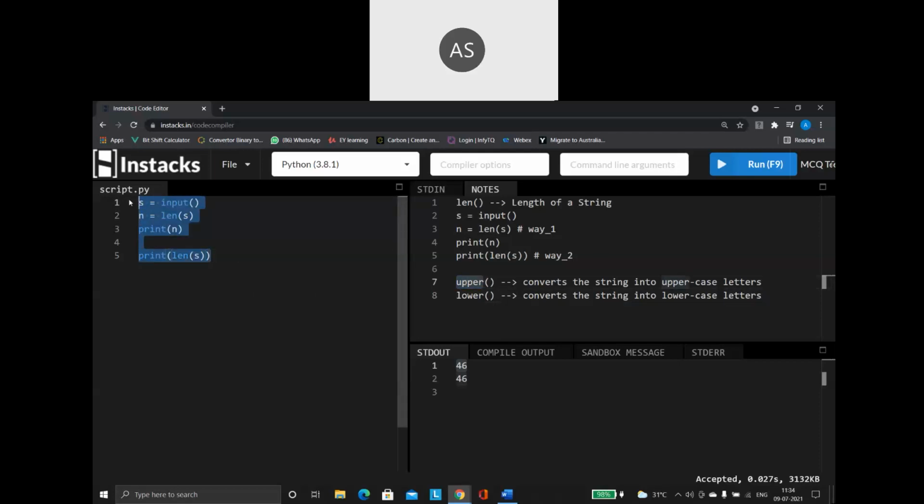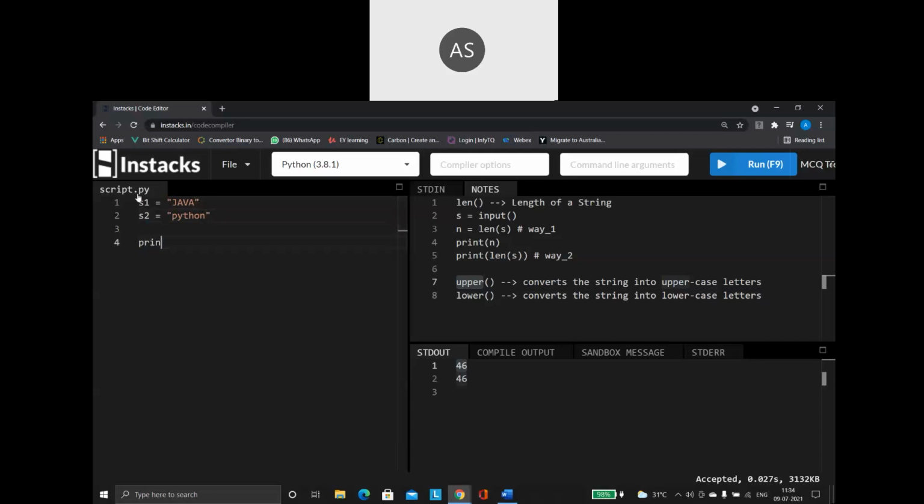So let us say S1 is equal to JAVA, with everything in uppercase. Then S2 is equal to python. See here, everything is in lowercase.